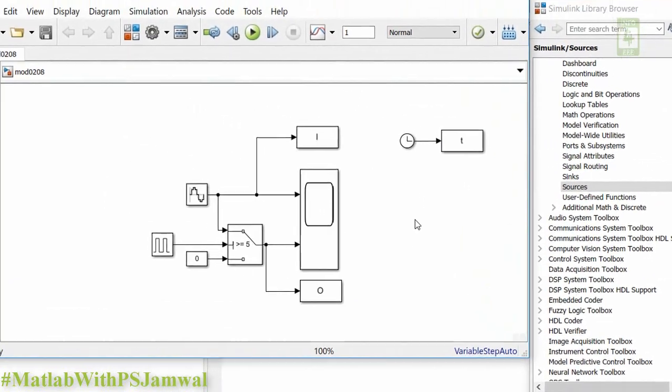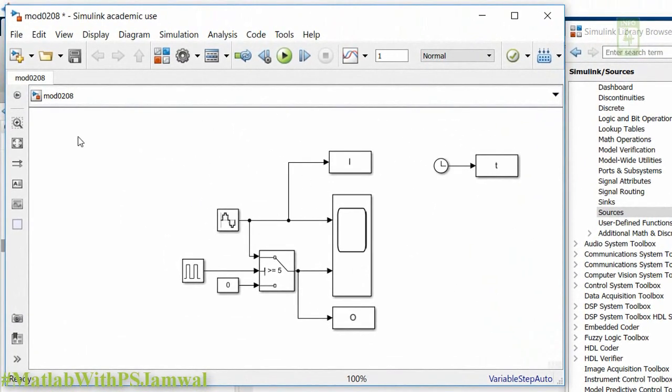Now our simulation model is almost ready. Before running this simulation, save it with a different name so that our previous simulation can be retained.